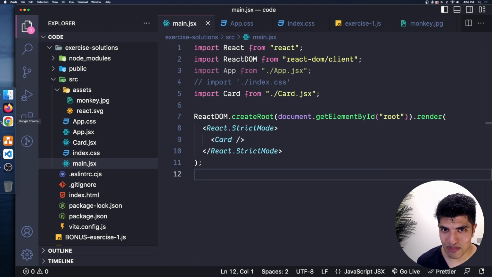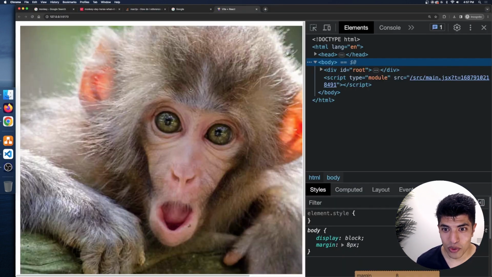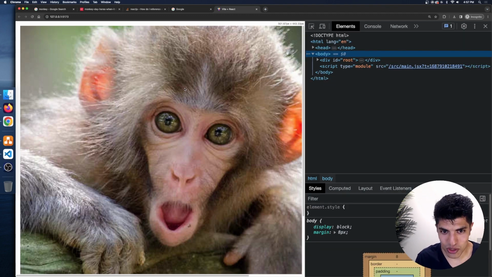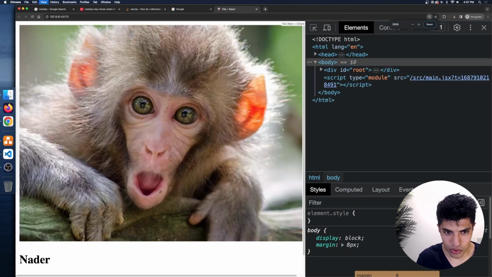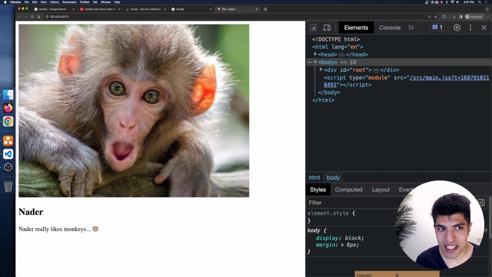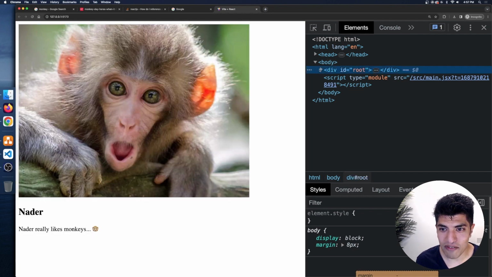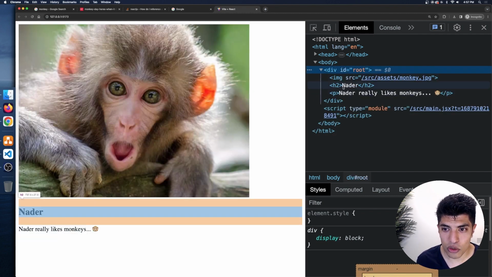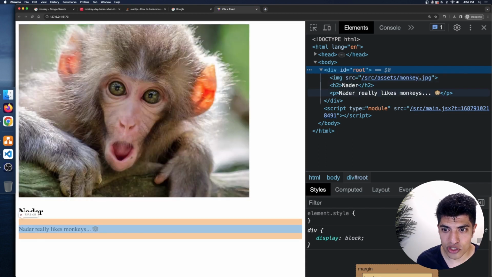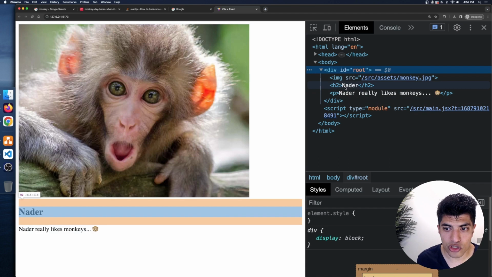So let's see what happens if I switch back to Chrome. All right, so kind of a change, right? So let me zoom out a little bit here on this side, just so we can actually see that, right? So we can see that this is our card. If I come over here, we can see that it's been totally flattened. Because of the fragment, there's no surrounding element on these, and I have my H2 and then my P